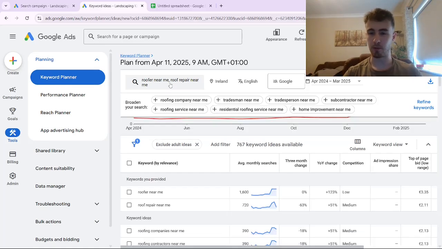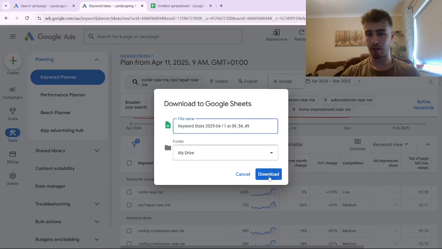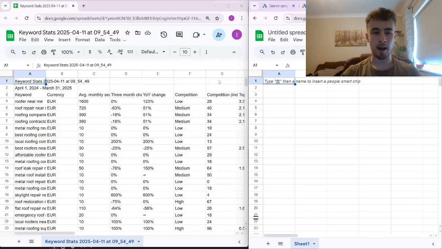But what you can do then, when you're happy that you see a list of keywords appear that are relevant to the services that you want to target. So if we were running a roofing campaign, for example, and there were other services, for example, chimney repair, roof replacement, and so on, we'd add these in here. But just for the purpose of this video, we'll just show you what the initial stage of that process looks like. We like to download the report as a Google Sheet and then open the sheet and then have that Google Sheet open alongside another Google Sheet that is just completely blank,